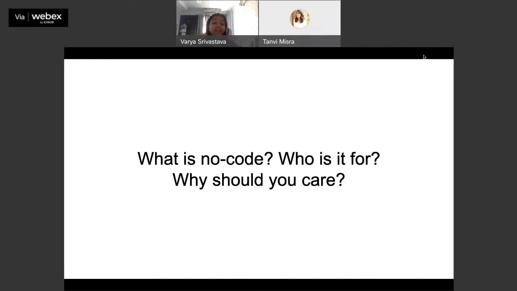Rather, a lot of people very familiar with tech, coders, programmers, they use no code for the ease of use. As a product builder, manager, entrepreneur, the ultimate thing you're looking for is not necessarily the sophistication of the product, but actually thinking about, is this something that someone will use? Is this something that someone will pay me money for? Or is this something that will add value to the potential target audience that I have for it? So, yes, no code is for everyone. You might be someone with a technical background, non-technical background. You're free to use it.